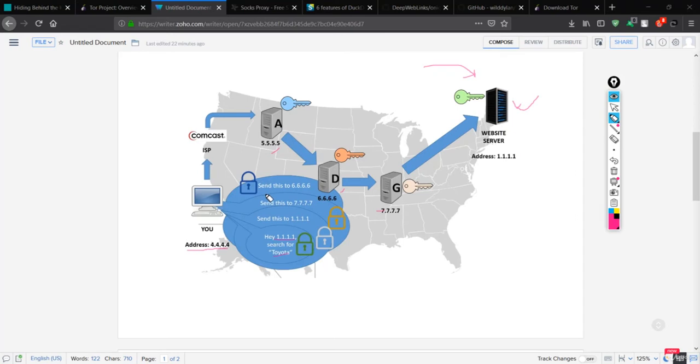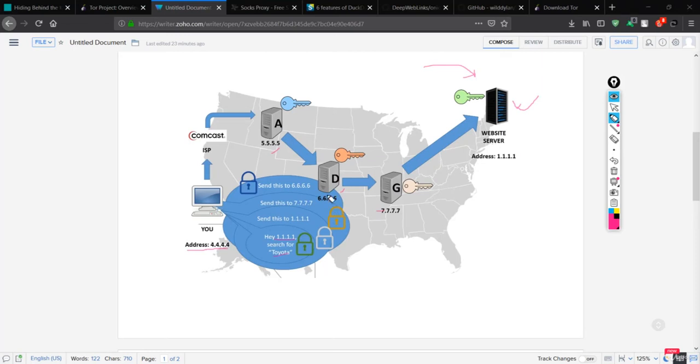That means this is not secure. So let's see how onion routing makes this data encrypted. That means our connection or the network will be more secure than before. First of all, you will have the information saying, hey, I want this data. So this will go through this server, and the data will be encrypted first.